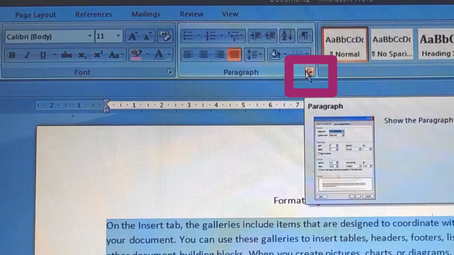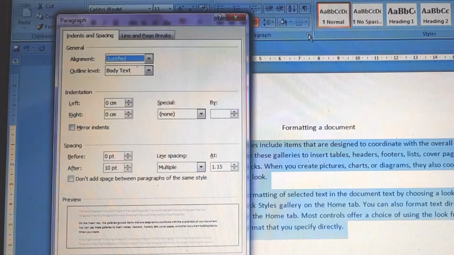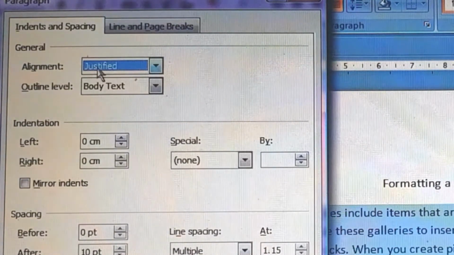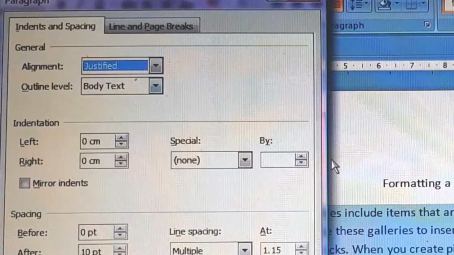The other option is, children, as I told you, from the Home tab, this is the paragraph group, and you can see the paragraph dialog box launcher. As soon as you click on this launcher, you will get the paragraph dialog box. Also you can change the alignment of the text. Here you can see alignment is written and justify is written. It means the text is justified.